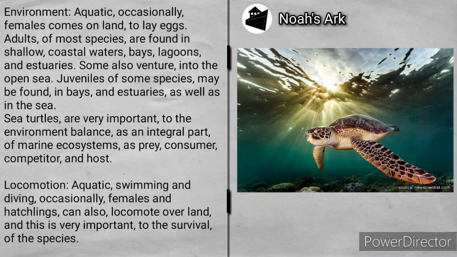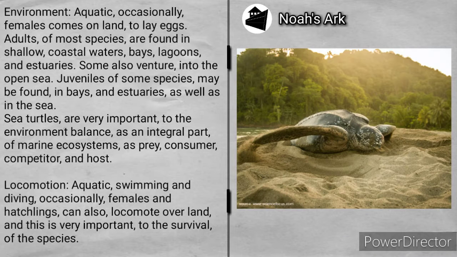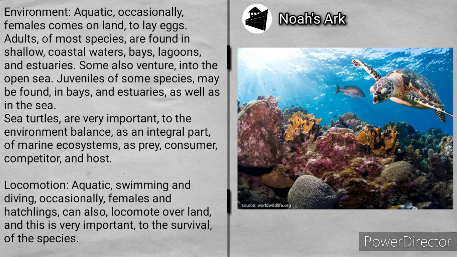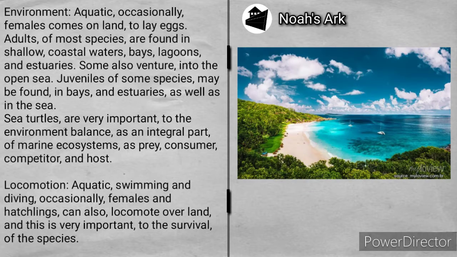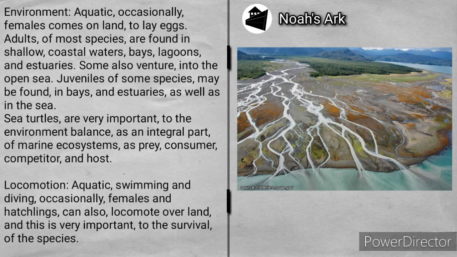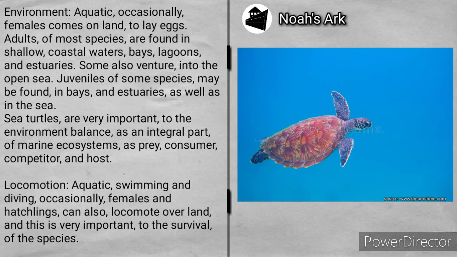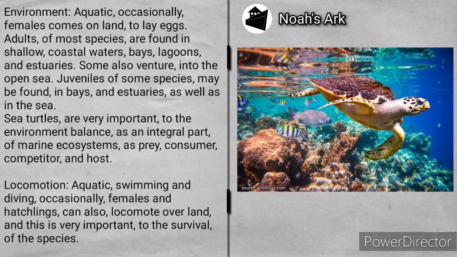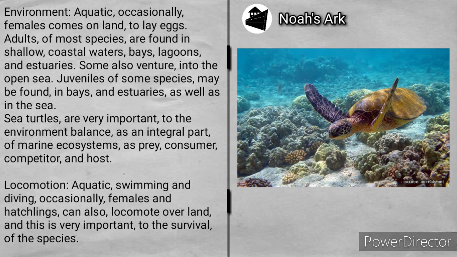Environment. Aquatic. Occasionally, females come on land to lay eggs. Adults of most species are found in shallow, coastal waters, bays, lagoons, and estuaries. Some also venture into the open sea. Juveniles of some species may be found in bays and estuaries, as well as in the sea. Sea turtles are very important to the environmental balance as an integral part of marine ecosystems, as prey, consumer, competitor,